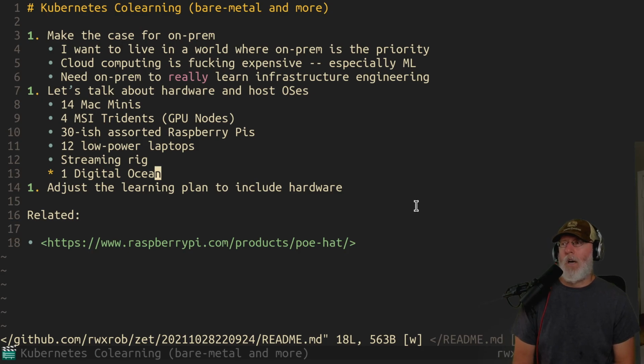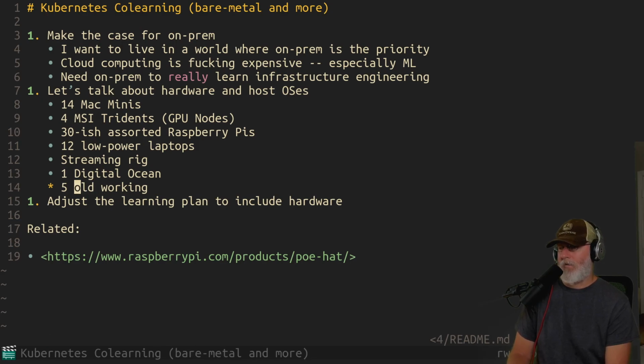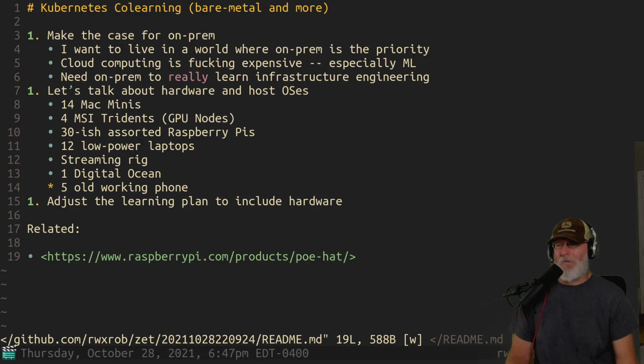Oh yeah, absolutely. I would be really shocked. I mean, let's put them in here. Like old phones, old working phones. I have a lot of those. I have probably 5 old working phones, and they have all the stuff in them. I could probably put Linux on them, and the batteries are still pretty good and everything. Who knows? It would just be fun to do it.